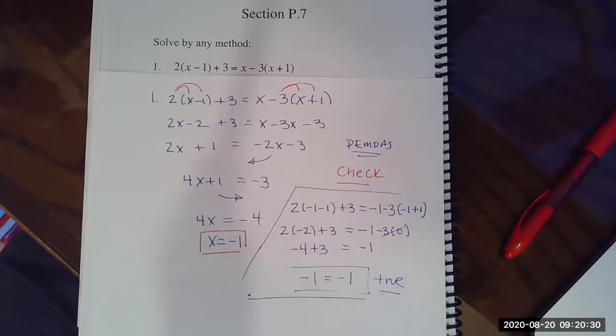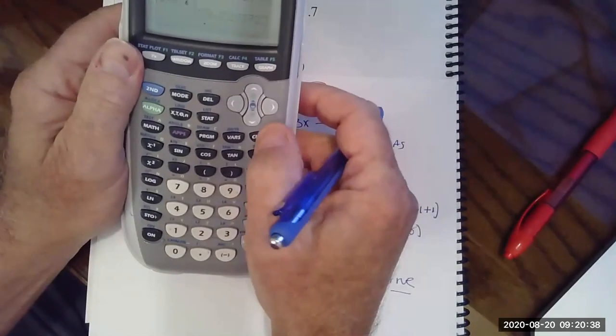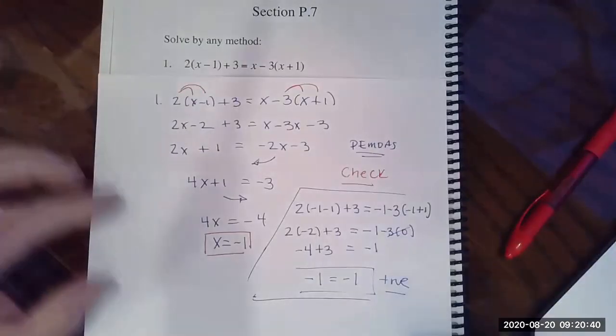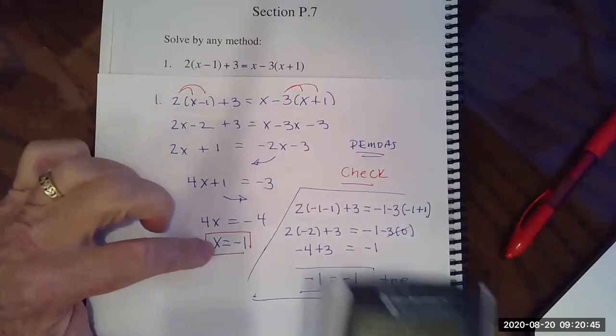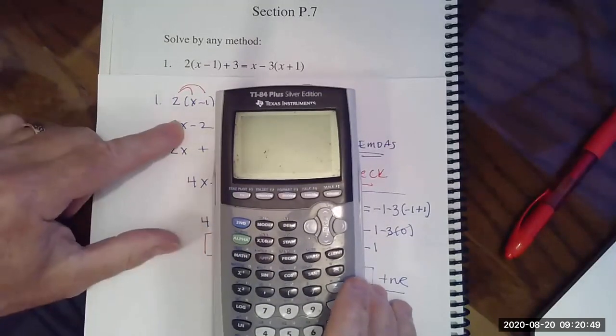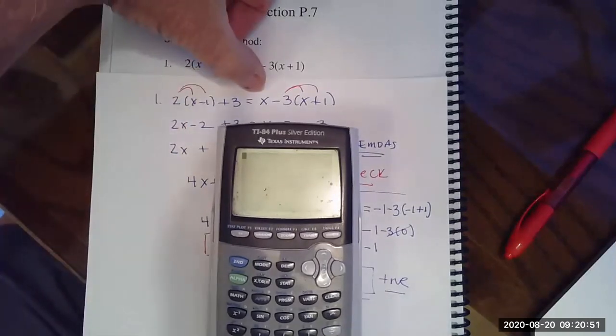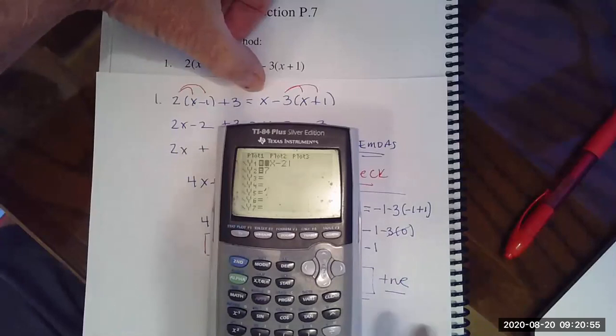Someone in the other class, when I say the other class, I'm talking about Math 27, was talking about their technology and confirming the idea that the answer is -1. And we had a discussion about how you would do that. Because I have an equation right here, an equal sign, and if I went into